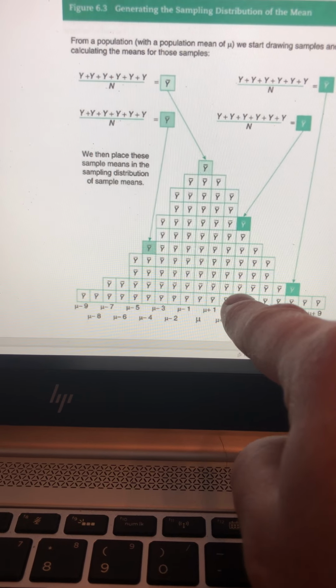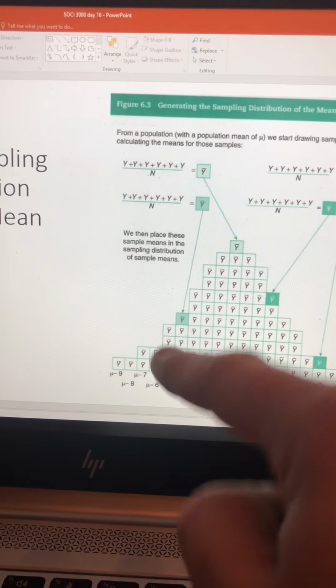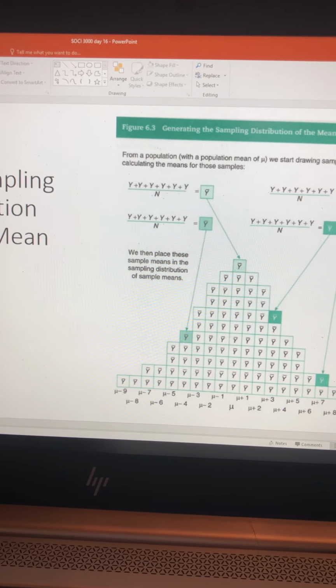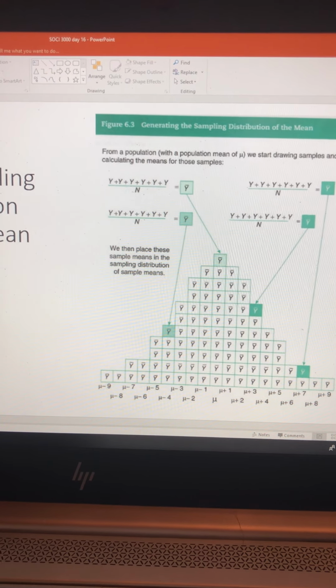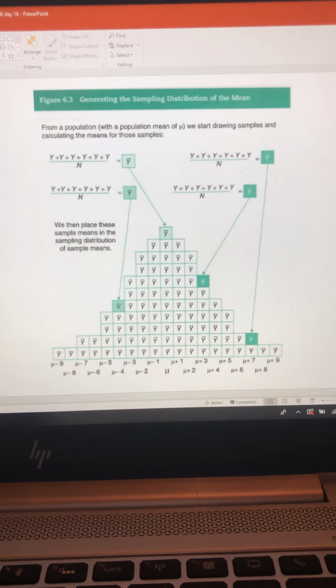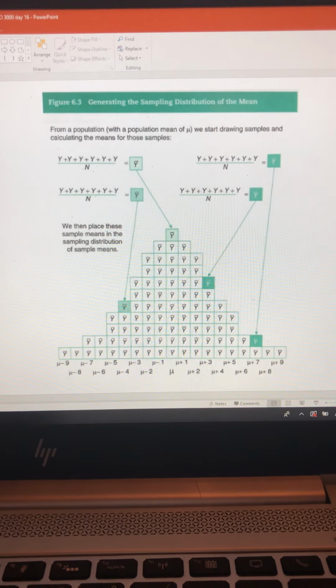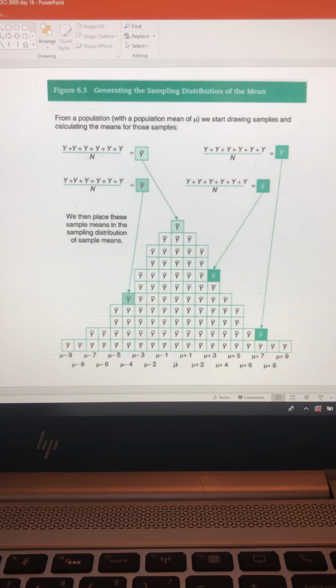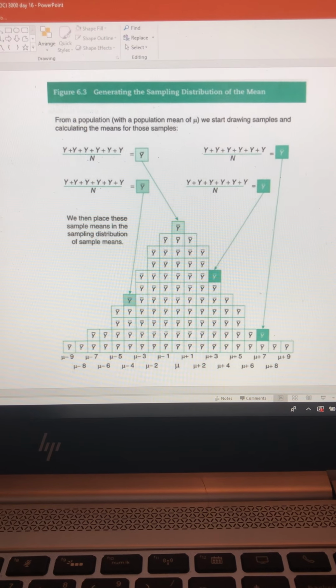The sampling distribution is going to approximate a normal curve. And what's interesting about that is it works even if the data itself is not normally distributed. Some of you might be thinking, well, income is something that is highly skewed. We know that. But the sampling distribution of the means, plotting all the sample means, all the possible